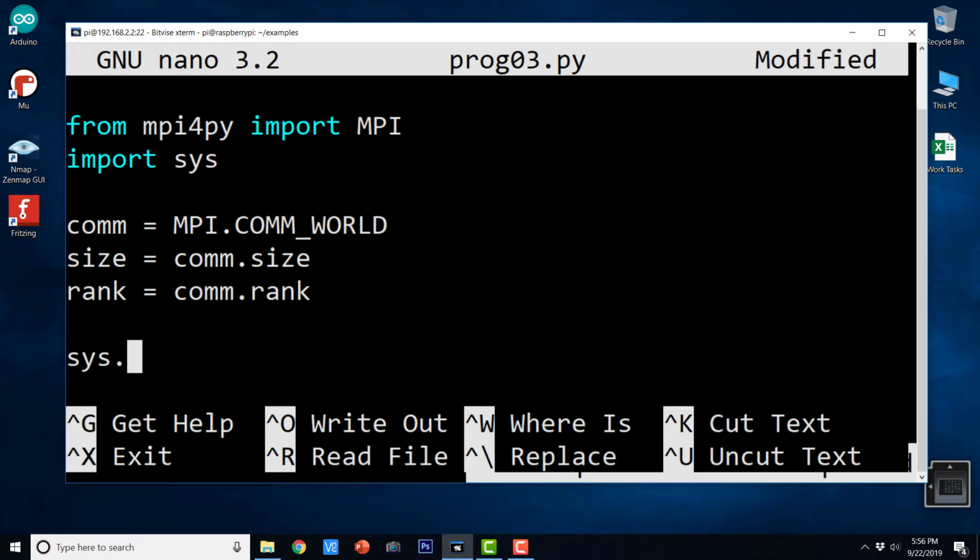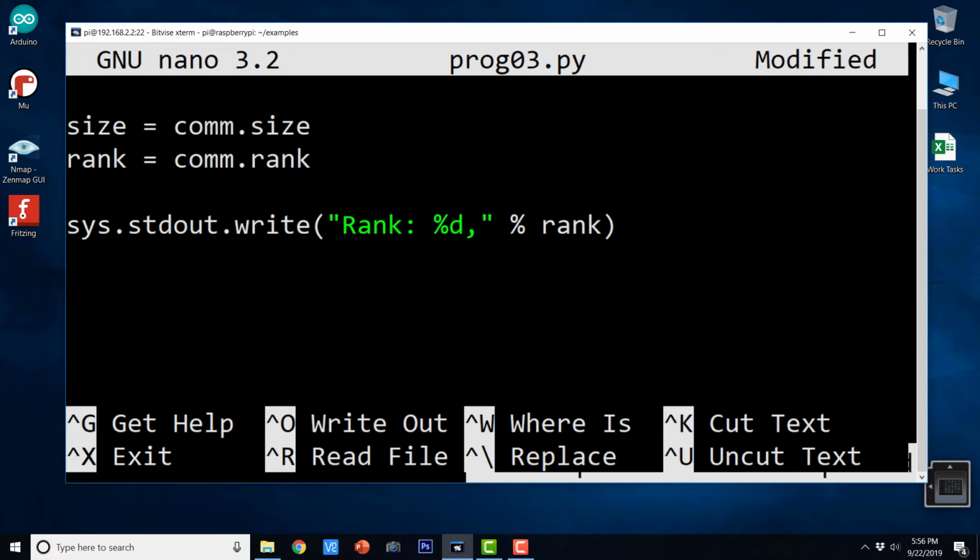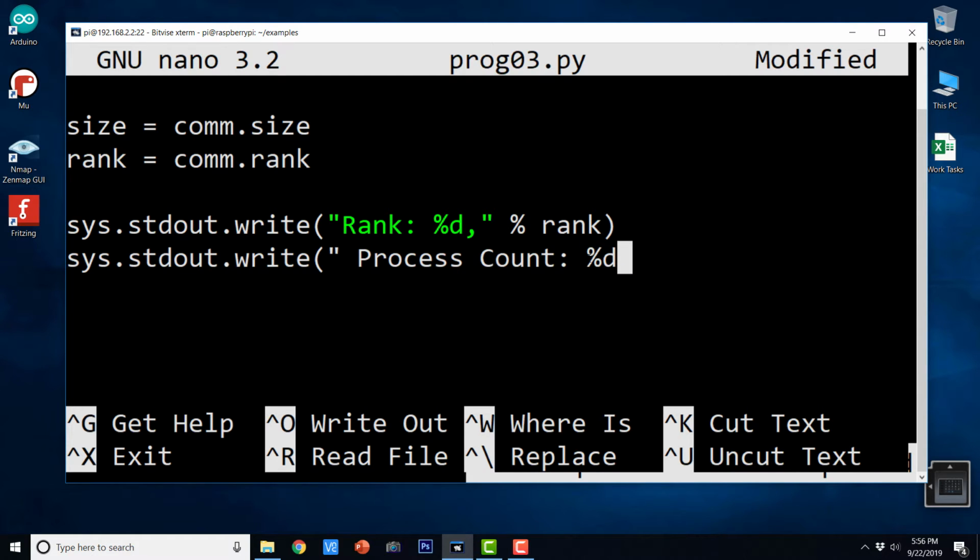And here we are just going to say sys.stdout.write("rank %d, " % rank), sys.stdout.write("process count %d\n" % size).